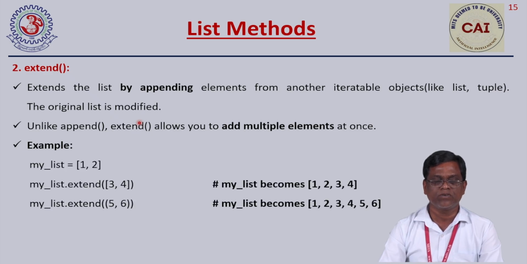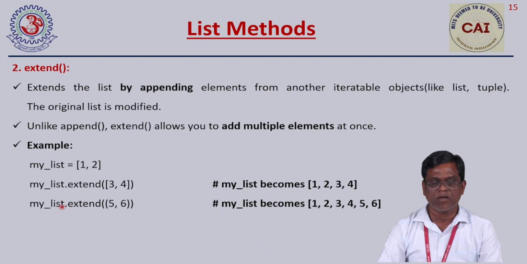And here is the example to understand this. I created my list initially with the values 1, 2. Now I am applying the extend method on this my list: my list dot extend of 3, 4. Now you can observe how the values are added. The list already has 1, 2. Now the values from the other list, 3, 4, are extended. Previously, with the append method, this 3, 4 would be added as a single element, but here 3, 4 are added as separate elements one by one to the existing list, so the final list becomes 1, 2, 3, 4.